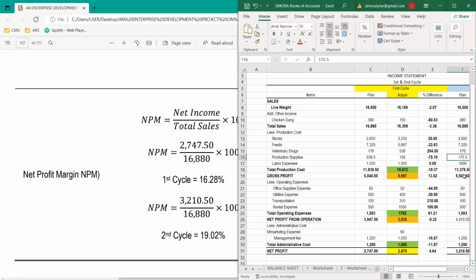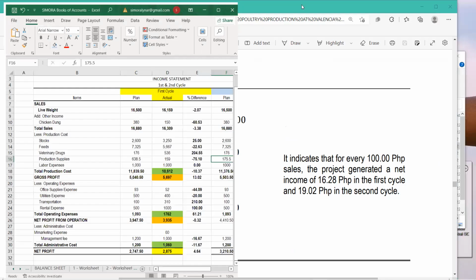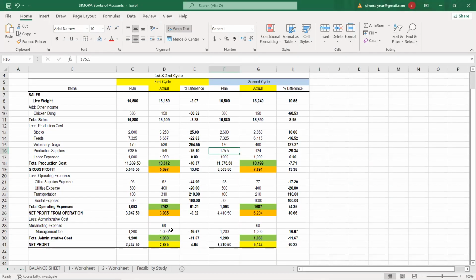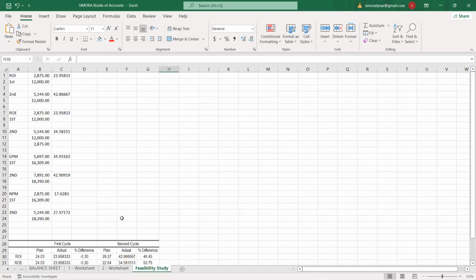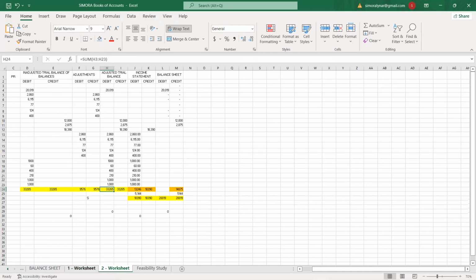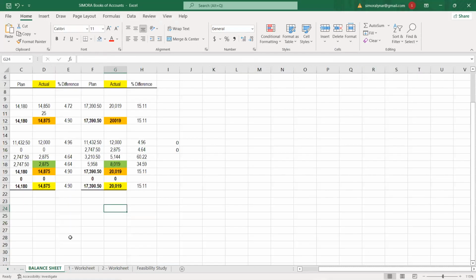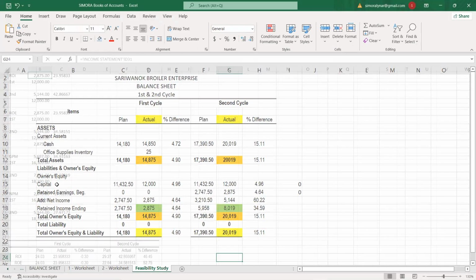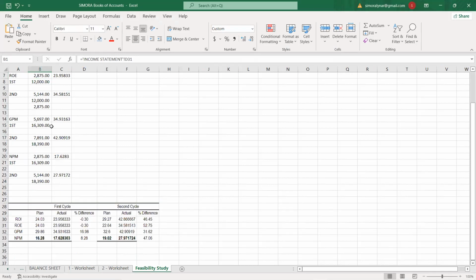So that's it for today, everyone. So I want you to really promote Excel para mas sayon sa inyo ha. I have my feasibility study here. So ROE, di ba automatic na siya? So actually, this is already connected sa akong mga worksheet. I have worksheets here. So nagsige kog try to balance. Mun na ka sa Excel kay diretso lang siya. So automatic na pud akong ROI, ROE.